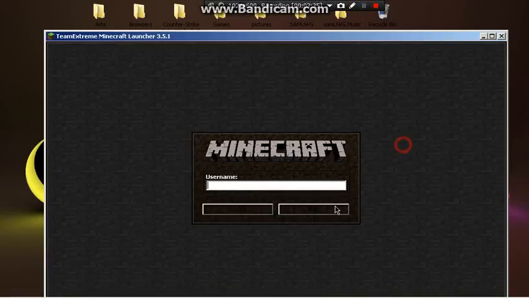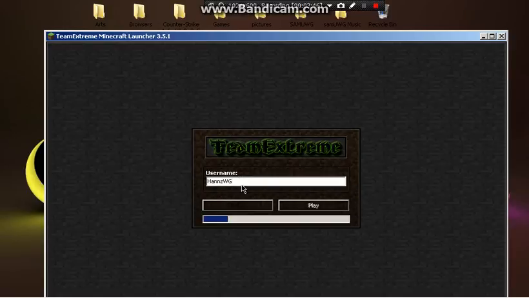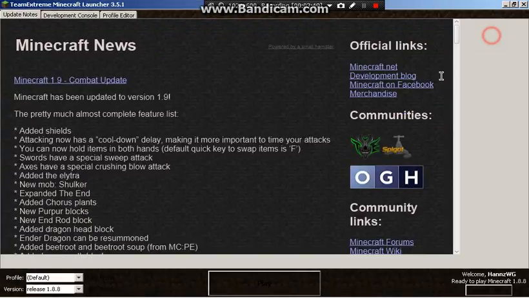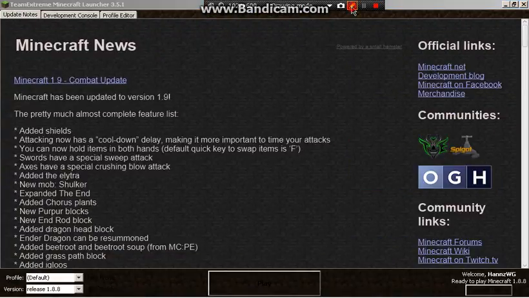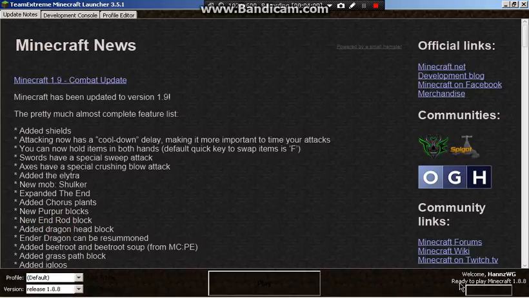Okay, guys, I'm back, and let's see. It's Steam Extreme Launcher, and just put your name on. I'll put my name here, and that's pretty much it for the Minecraft. You can change your profile to Forge, or I just have Forge. Oh, this is some WG Minecraft server. Just click play and have fun.